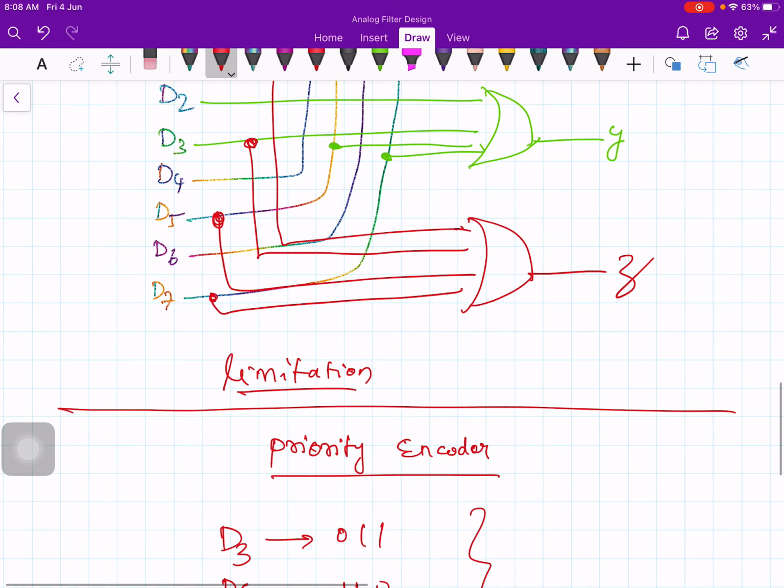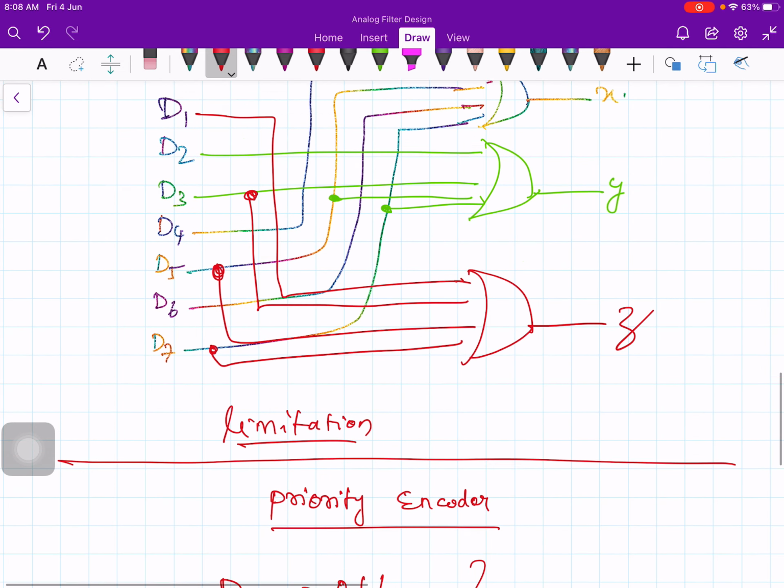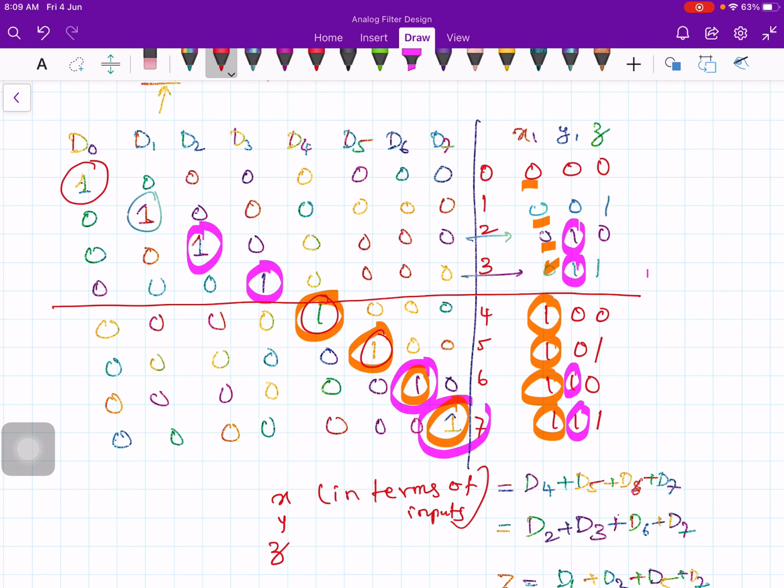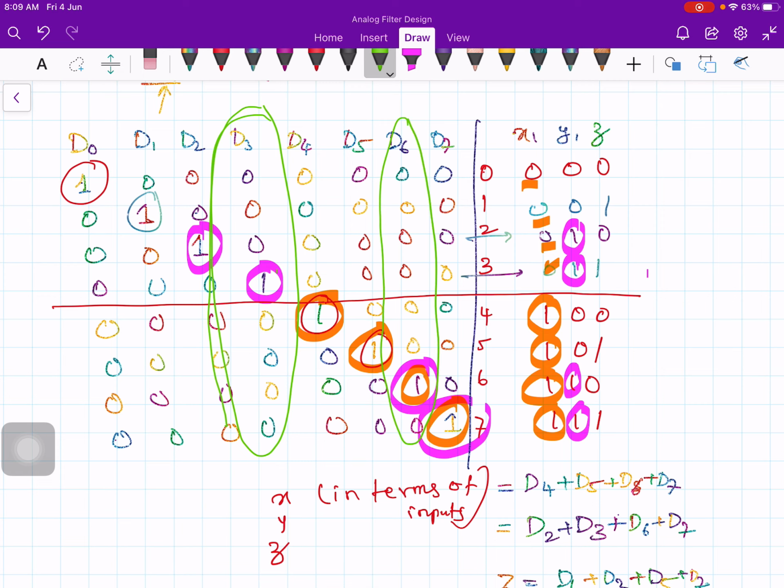In this case, if you look at D3 D6, so D3 is 1, D6 is 1, right? If both are 1, in this case output will be 1 1 1, because all three inputs are equal to 1. Look at here. If you take this column D3 and D6. If you press D3 1, so here the output is 1, and D6 the output is 1.